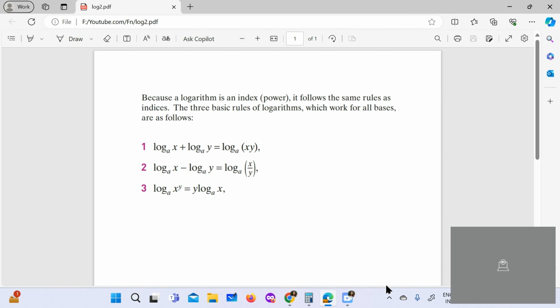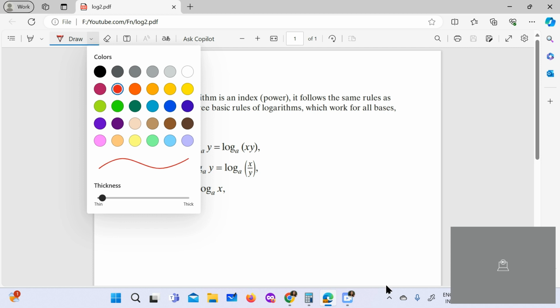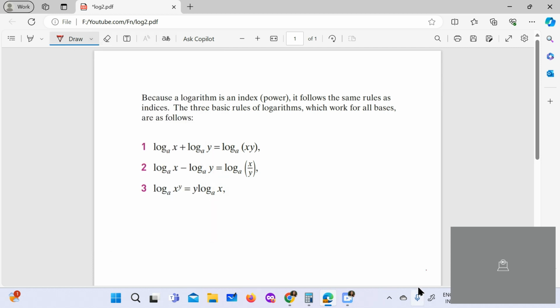So today we are going to study the logarithm. In the previous session we covered what log actually is and how we represent an exponential function as a logarithmic function, and we saw how we can represent a logarithm as an exponent, right? Okay, and now in this session, we are going to study some basic rules. These are not the complete rules, but a few basic rules of logarithms.